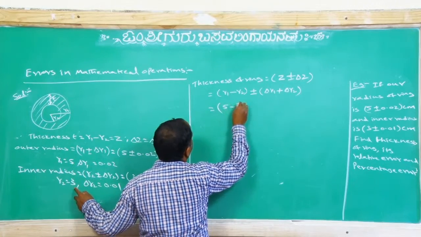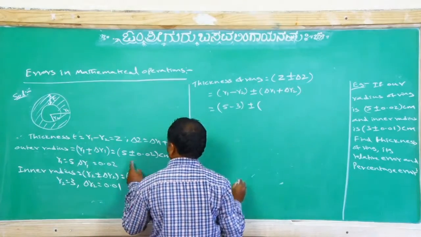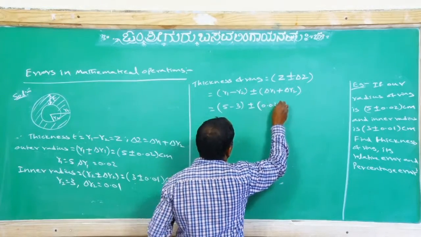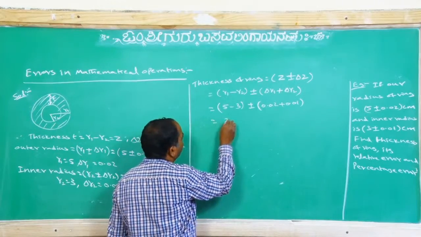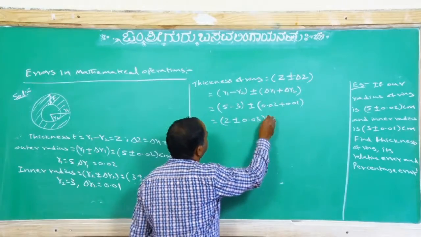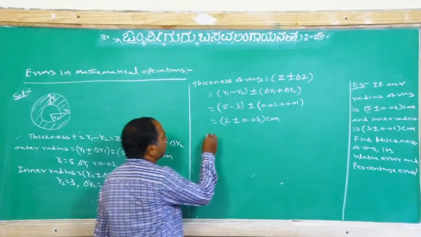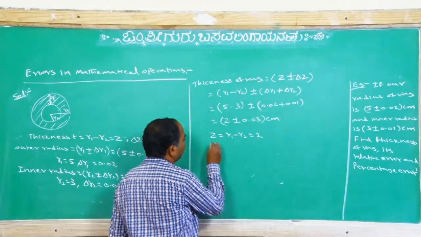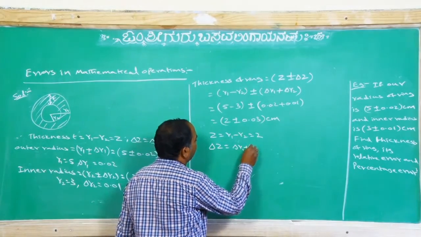So, 5 minus 3, plus or minus delta R1, 0.02, plus 0.01. So we may write 2 plus or minus 0.03 centimeter. That is the thickness. Here Z is equal to R1 minus R2, which is 2, and delta Z is equal to delta R1 plus delta R2,